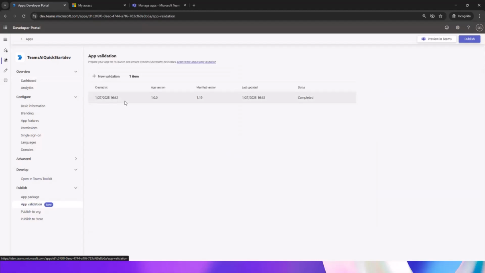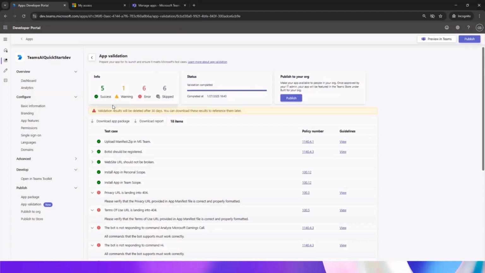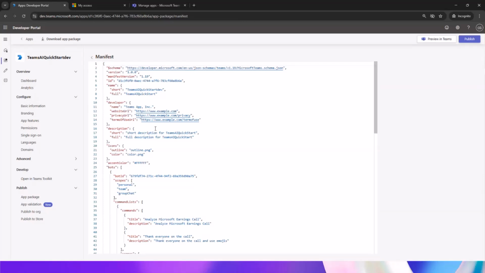Because right off the bat, if we were just going from last week, from that initial build in TTK, there were still some things that we needed to do. So there was the privacy URL and some other things in the manifest that weren't filled out. And the developer portal is a very good way to check what you missed. If we go to the manifest, which is right here, we can see we just have the default privacy URL and some of the other default websites that we have to edit to have an effective app. So when users look at our app and check out the privacy content, it's linked to our actual sites.